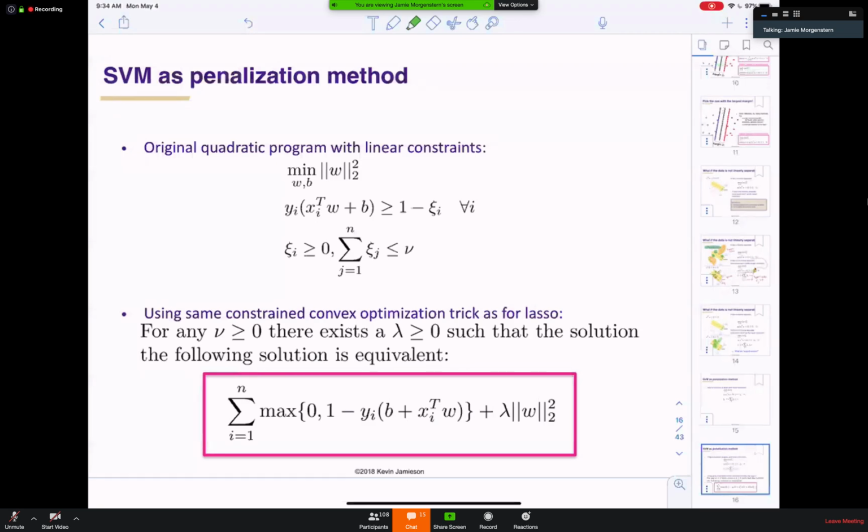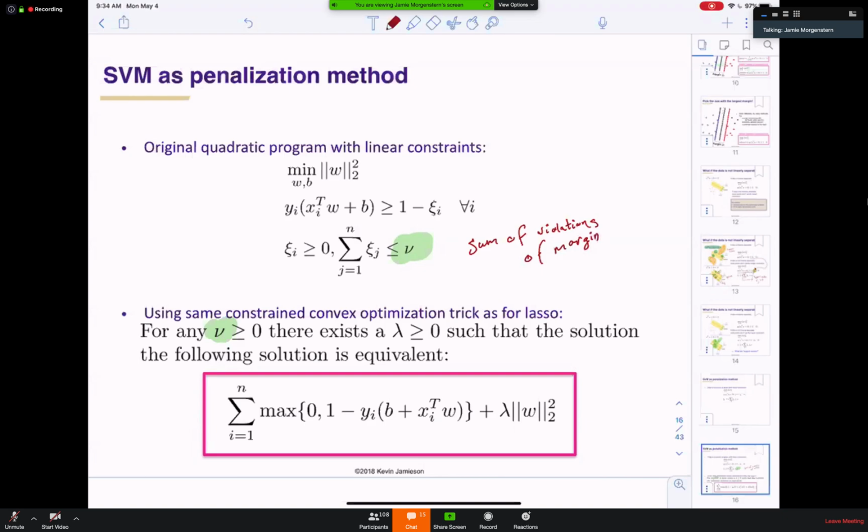And say that, for any nu, which is just the sum of the violations of the margin constraint,